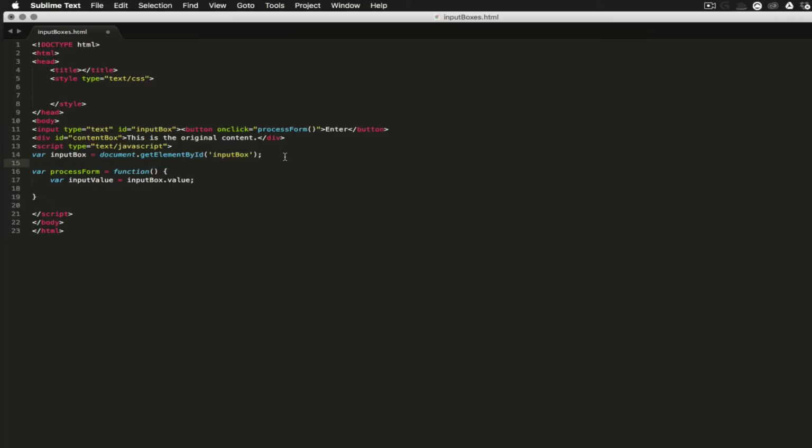Just like this input box, let's just copy that and make a new one, and I'm going to call this content box. Oops. And make sure the ID is the same as what we were referring to. So now this variable points to the div. This one points to the input box. All right. Now here,